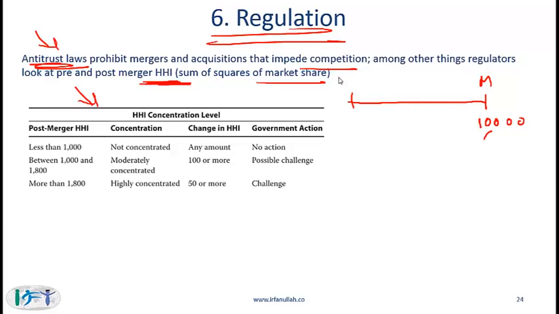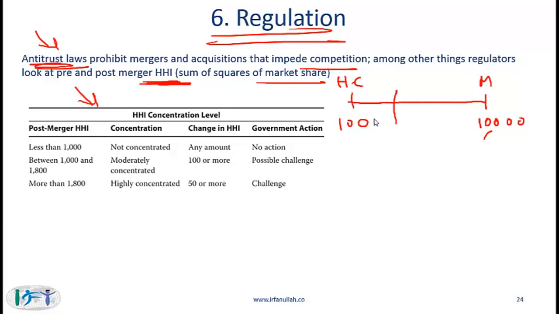If you have a highly competitive market, that means concentration is very low. Let's say each of the 100 biggest companies has a market share of only 1%. So what is the HHI there? 1 squared plus 1 squared plus 1 squared for the 100 companies is 100. So note that if you have an industry where the HHI is relatively low,